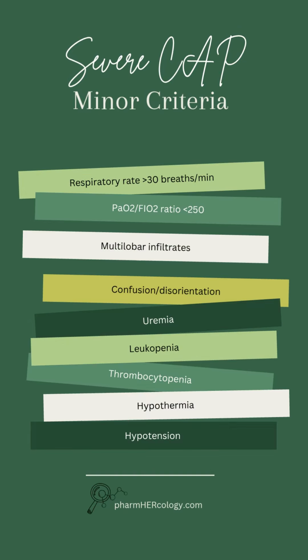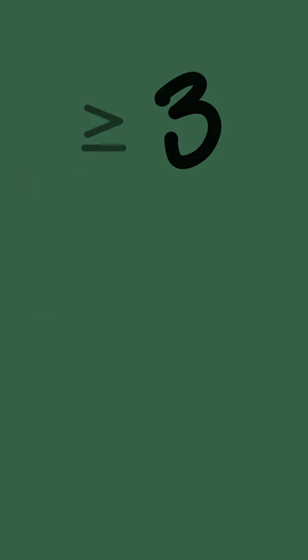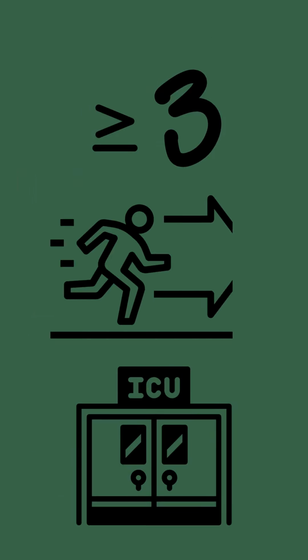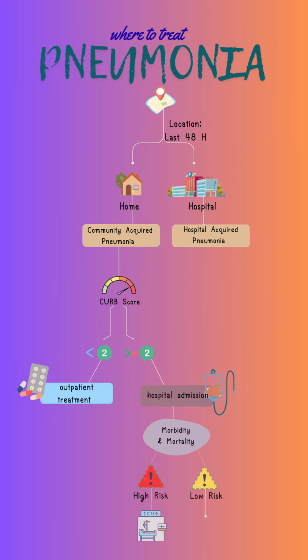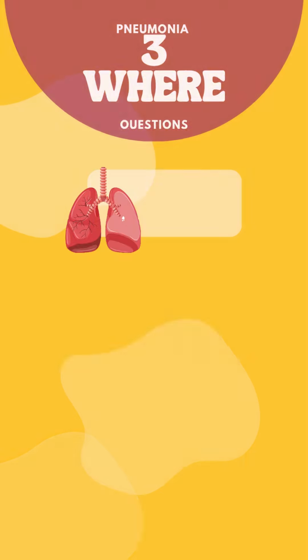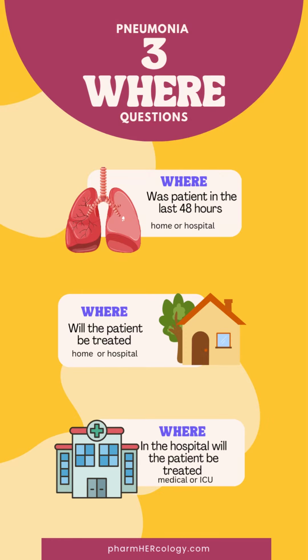If your patient does not clearly need ICU admission, we assess the minor criteria. If there are 3 or more minor criteria, your patient is high risk for ICU admission. Otherwise, the general medical floor will suffice. After answering these 3 where questions, we can begin appropriate